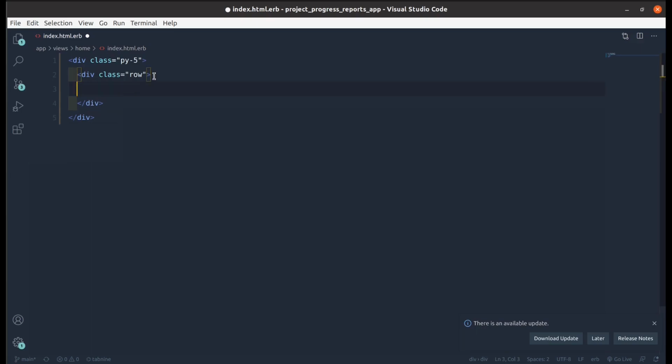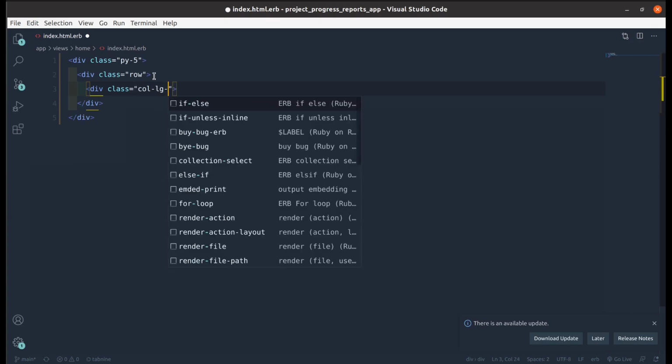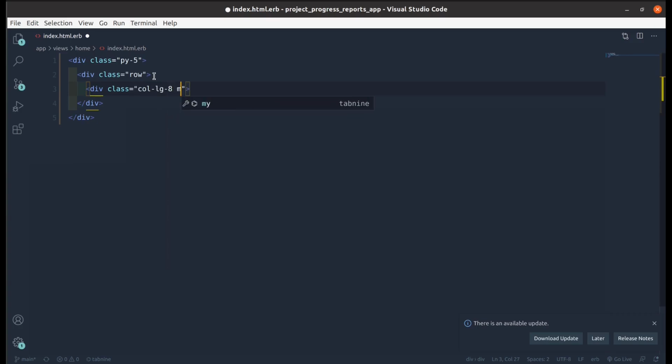So inside our div, let's add a div with a Bootstrap class of col-lg-8, and then mx-auto to center it in the middle. So let's close our div, and inside our created div, I chose to add